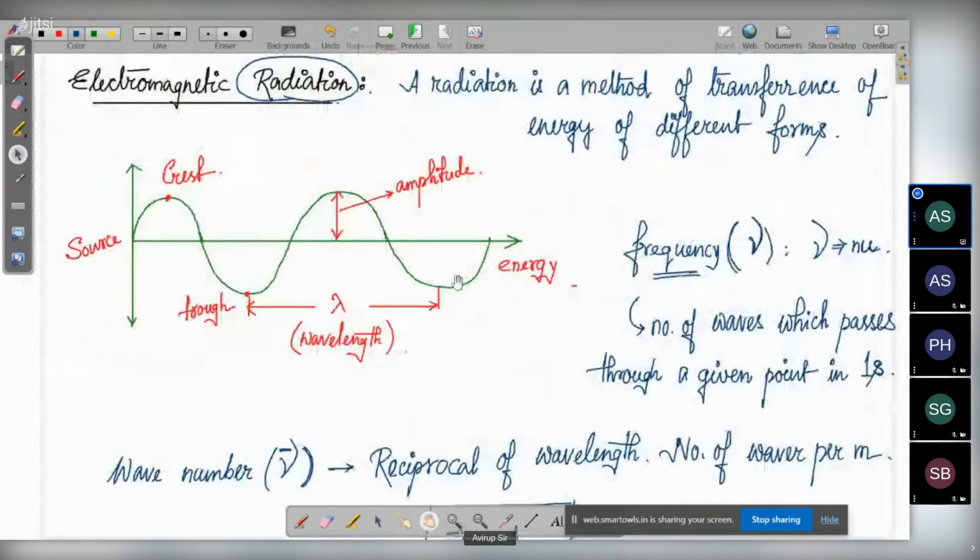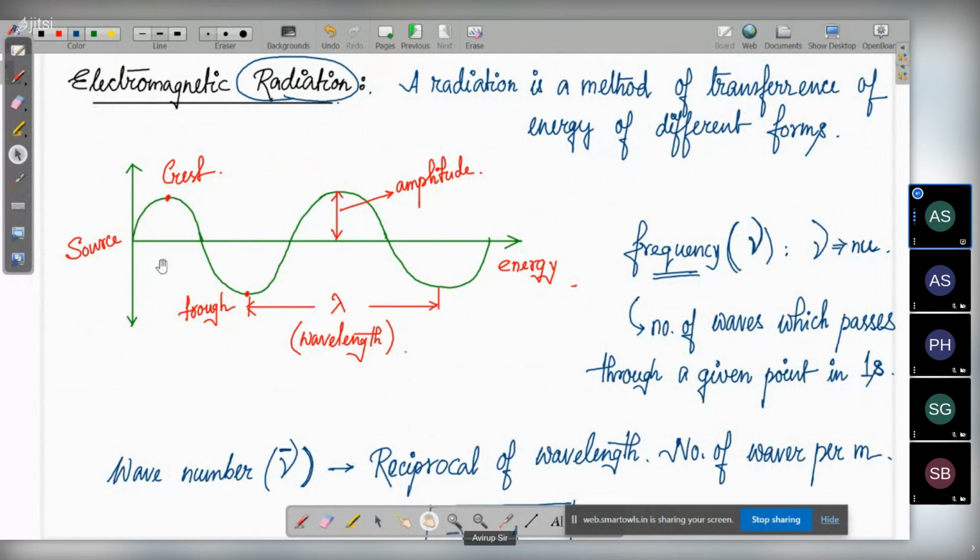Now this is not related to this particular chapter, nor will it be asked directly in your paper, but we need to apply these things. So this was a brief recapitulation of the wave mechanics that we have done in physics. So let's do it once again.